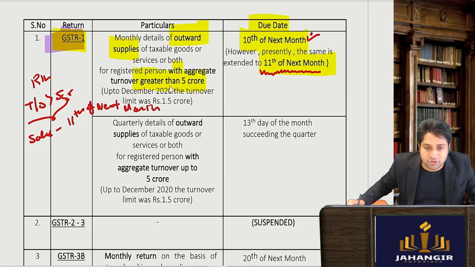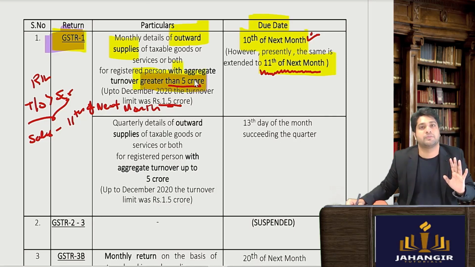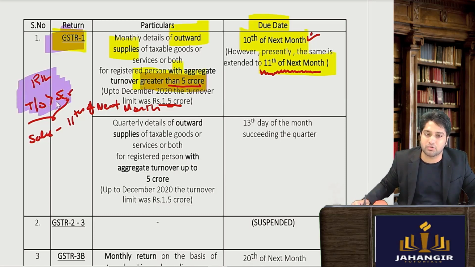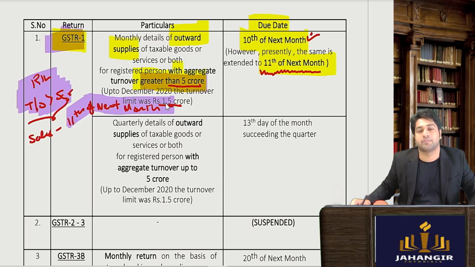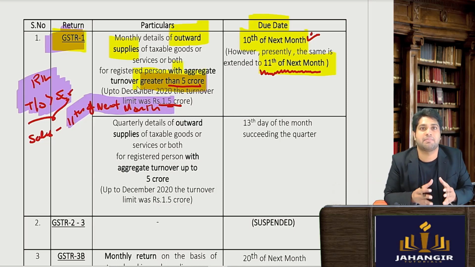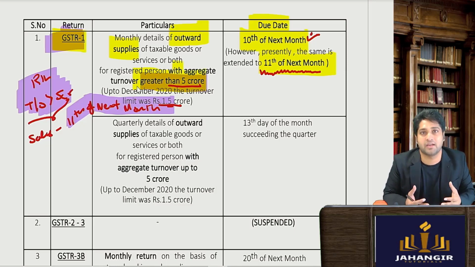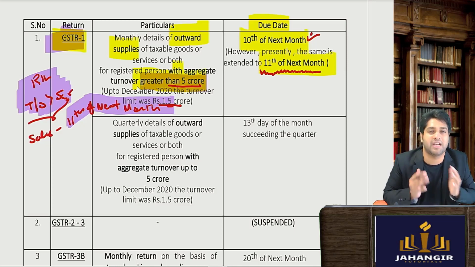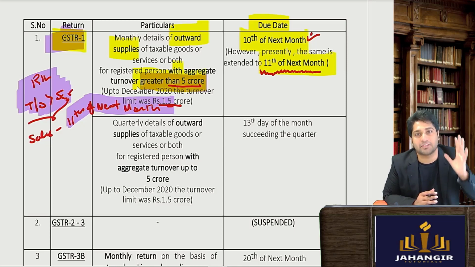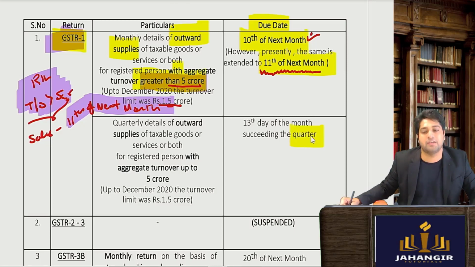ओके, अब ये जो 5 crores है, previously this limit was 1.5 crores. Up to December 2020 the turnover limit was 1.5 crores. Now the government has increased the limit and kept it to more than 5 crores. So अगर रिलायंस जैसी कंपनी जिसका टर्नओवर more than 5 crores है, it is 11th of the next month. लेट्स से जिनका 5 crores से कम है या up to 5 crores, it is not greater than. सो आर दे बिग कंपनीज और स्मॉल कंपनीज? कंपनी जिसके पास में 5 crore से ज़्यादा टर्नओवर नहीं है तो छोटी कंपनी होगी, तो उनको हम लोगों ने सर्टेन रिलैक्सेशन दिया है कि आप मंथली मत फाइल करो, आप क्या फाइल कर सकते हो? क्वार्टरली फाइल कर सकते हो.